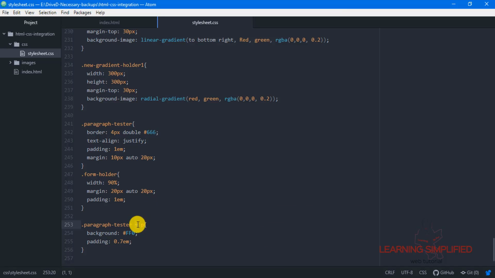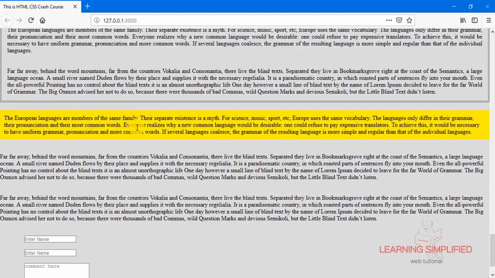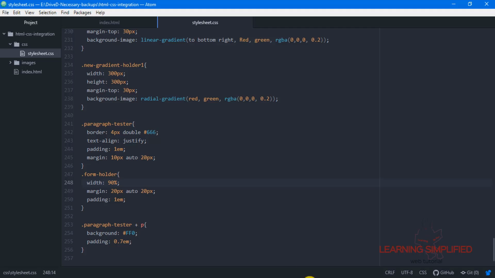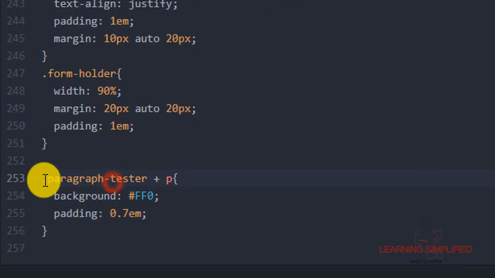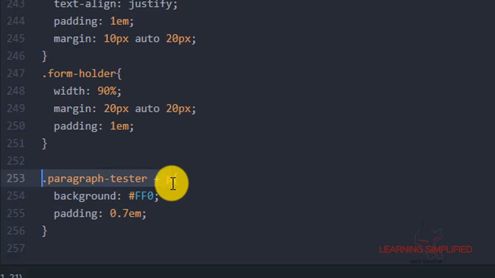If instead of the tilde combinator we use the plus combinator, and get back to the project, you will see that only the immediate following paragraph element after this paragraph tester block element adopts the background color and padding properties. This kind of selector, where the immediate following element follows the described properties, is termed the adjacent sibling selector.